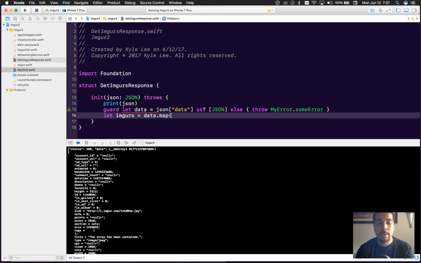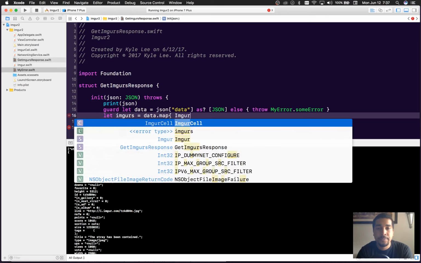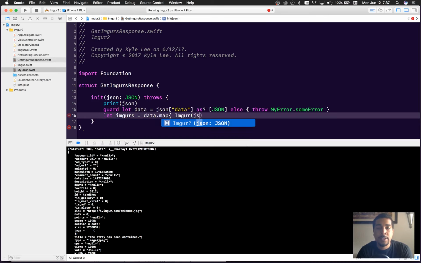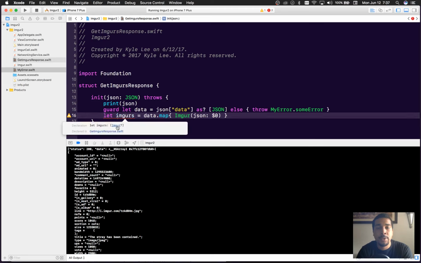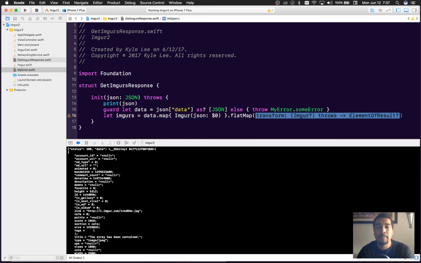Since it's an array of JSON, we can create our imager object by initializing it with JSON, and each object in here is JSON, so whatever object is passing through at that moment will initialize an imager. We'll notice that this imagers object is going to be an array of optional imagers, because remember that it has a failable initializer. So we actually have to flat map it. So we'll do dot flatMap,